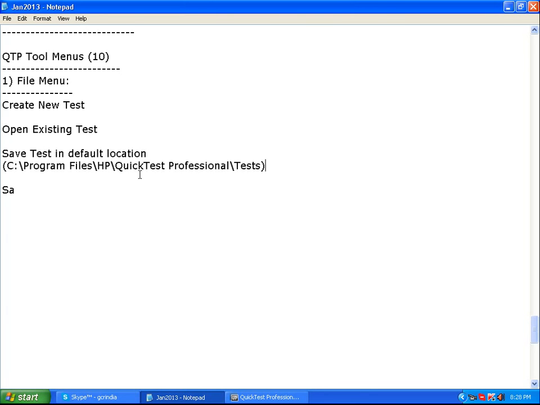Program Files, HP, QuickTest Professional, Tests. This is the default location, but no limitations. You can store in D drive or E drive also, no problem. The Save As option is available. Using that Save As option, you can save the test in a different location. Default location, otherwise a different location. Next,